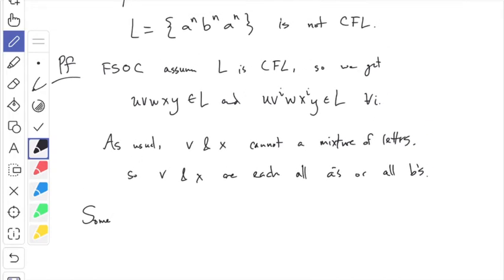So we're going to have to do some cases here according to the location where the V and the X are. If the V is part of the first block of A's or part of the last block of A's, that kind of a thing. So I'm going to do some cases here according to the locations of the V and the X. All right? So, first of all, first case, I'm going to say if V and X are both